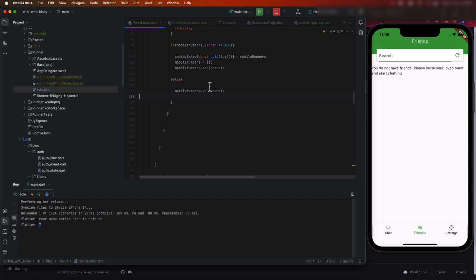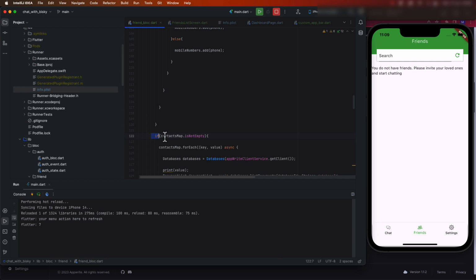So you can see here we only have one contact. We only have 7 contacts. So our map is only saving if it's greater than 100. So 7 contacts is not greater than 100. So we are not able to get in here. So once we are here,